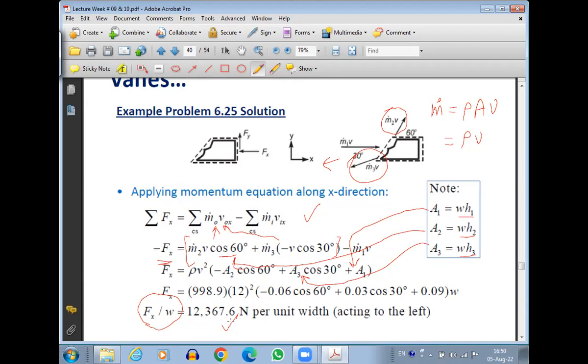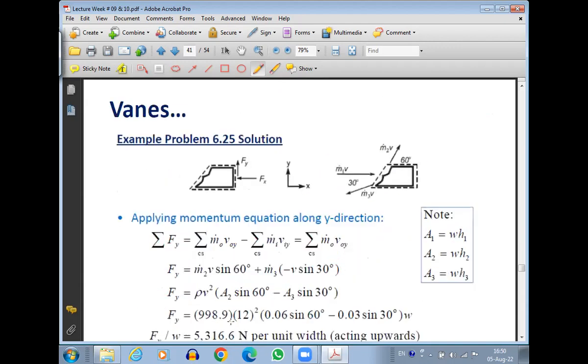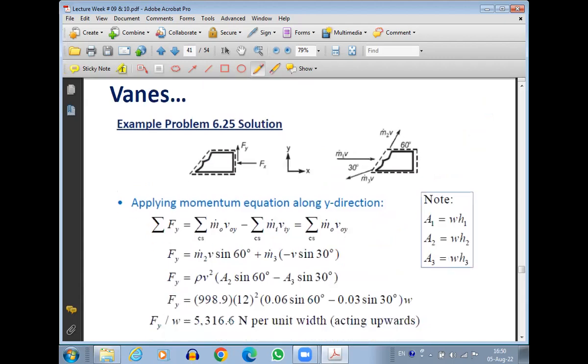Once we have done the X direction, in the same way we can do the Y direction. But in the Y direction there is no inlet component, because the inlet component is only in the X direction. So the inlet component will be 0, and we'll have just this term, summation m dot out v naught y. So we'll have m2 v2 sine 60. Sine 60 will be in the upward direction, and here sine 30 will be in the downward direction, so it will be negative